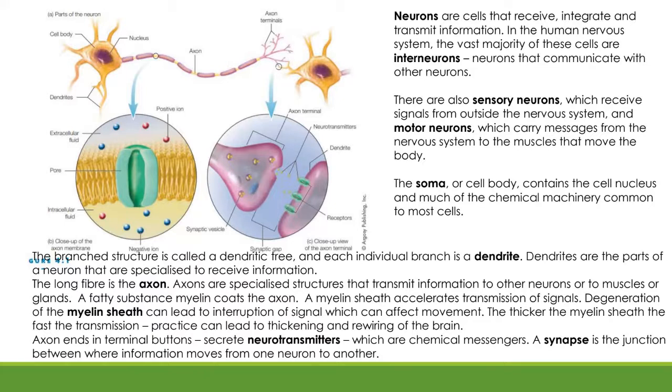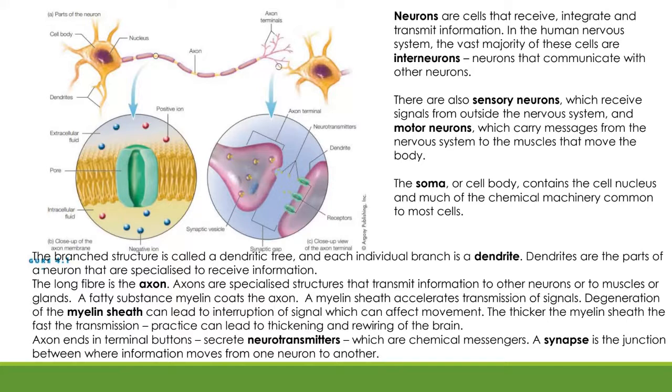And the axons are the specialized structures that transmit information down the neuron and are responsible for propelling it across to its next neuron. So neurons don't join together. If you put your fingertips towards each other, they don't join. There's a gap between neurons, but we'll discuss that shortly.